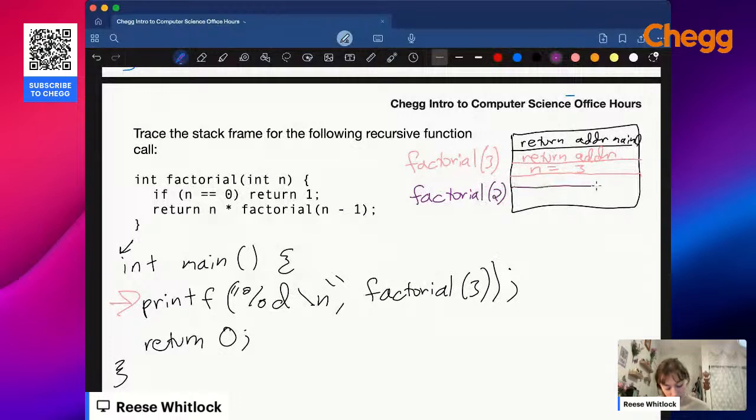So same thing. Factorial 2 has a return address. And its return address is right here for factorial 3. And then when factorial 2 is called, it makes a copy of n, so it says n equals 2, and then n does not equal 0, so it returns n times factorial of n minus 1. So that would be